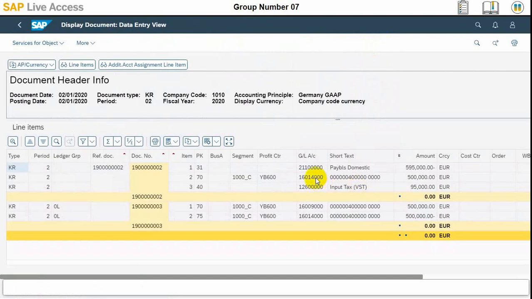And here you can see again the effect of the improvements posted, 500,000 euros, and at the top it is a credit entry for the vendor, and the improvements to the asset account and the tax